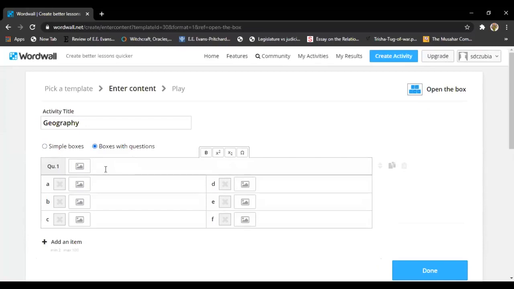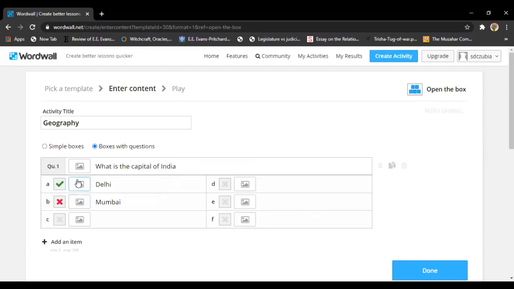Say for example, what is the capital of India? And then you can give 6 options, or you can give 2 options. That is the limit. Either you give all 6 options, or you have to give at least 2 options. So I'm going to give Delhi, and second is Mumbai. These are my 2 options. Now, which is the correct one? I will select that. So Delhi is the correct one.